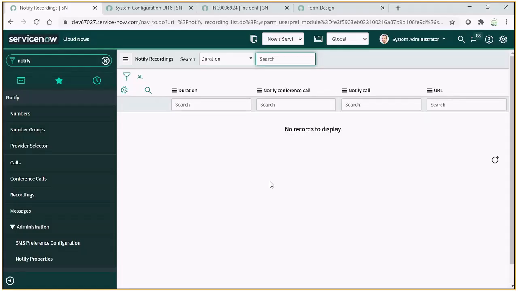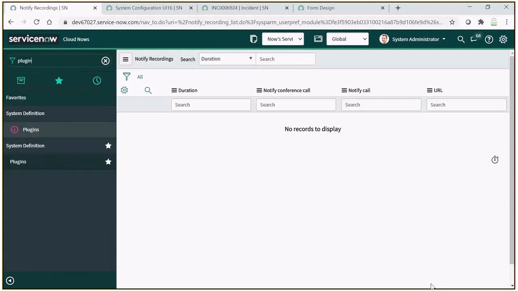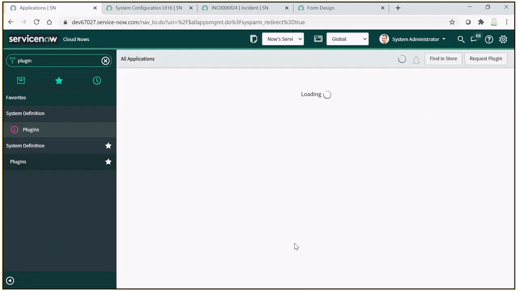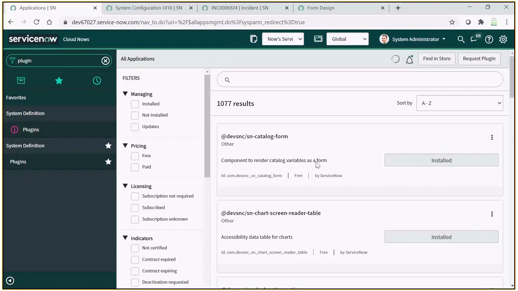But sometimes, guys, let me tell you a pretty important thing here. It's a bit slow, I think. Let me search for plugins again. Okay, all right, I clicked on plugins again. So sometimes your company might not see all the plugins available in here. That depends on the subscriptions and licensing which I covered in my last video. Your company has to purchase it from ServiceNow, and at the back end they will enable it on your particular company's instance, and then you will see those